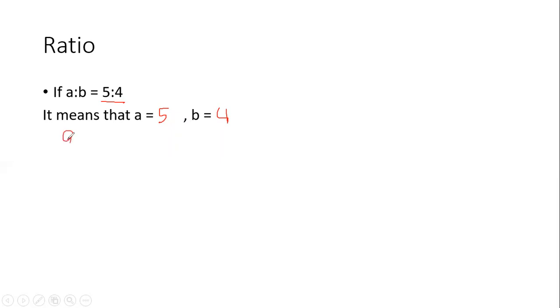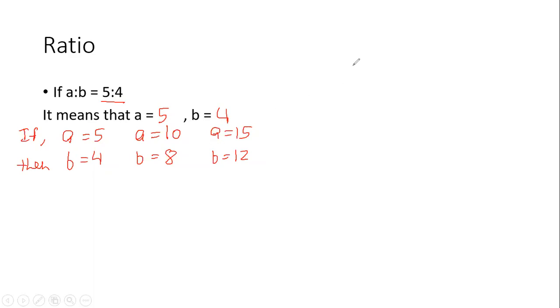So here, do you realize if I say A is equal to 5, B is equal to 4, that is one of the possibilities. This actually comes with an if and then clause. So if A is 5, then B is 4. But what will happen if I say A is 10? To maintain the same ratio, B also has to be doubled. So B will be 8. Now, if I say A is 15, then B also has to be tripled and then B will be 12. So do you realize that saying A is to B is 5 is to 4 does not mean that A is equal to 5, B is equal to 4.